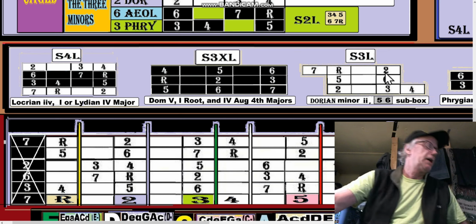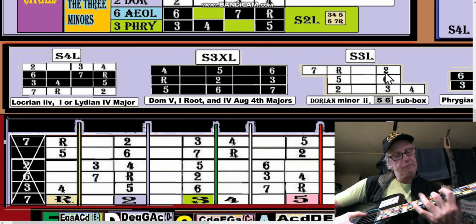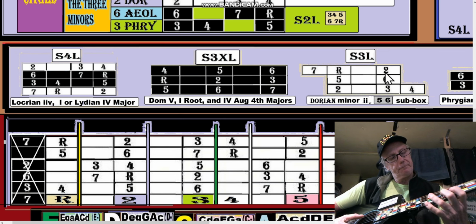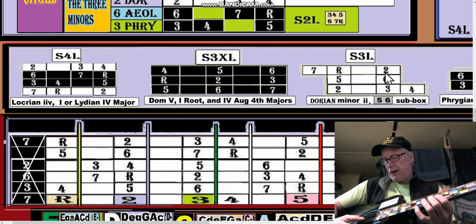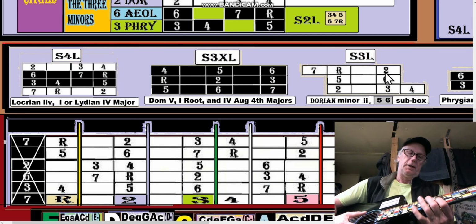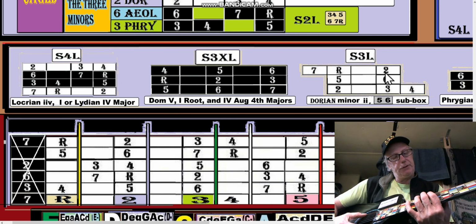See, I could do that. I could rely on a different method if I forgot the pattern I was playing. I know I'm in G, I can always go, you know, I could just play by sight, or I could play by CAGED. If it's in G, it would be like I could do a,